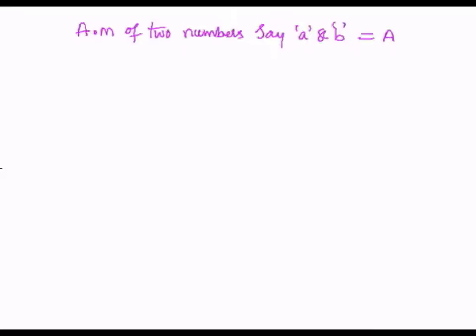So here we can write that arithmetic mean AM is given by capital A, which equals the arithmetic mean of two numbers a and b, the average of those two numbers, that is a plus b divided by 2. So in this manner, capital A equals a plus b overall divided by 2, which is the first equation.